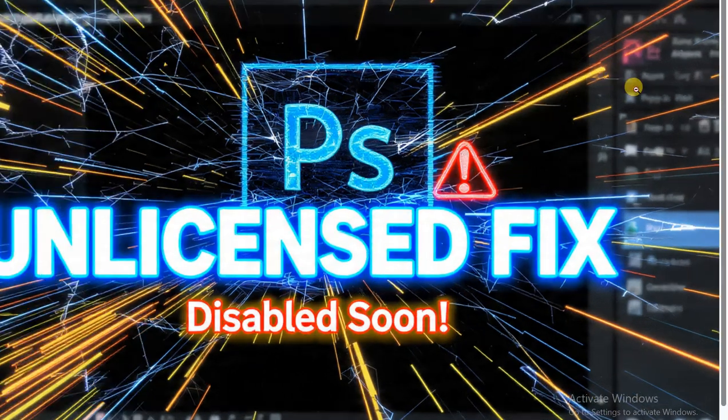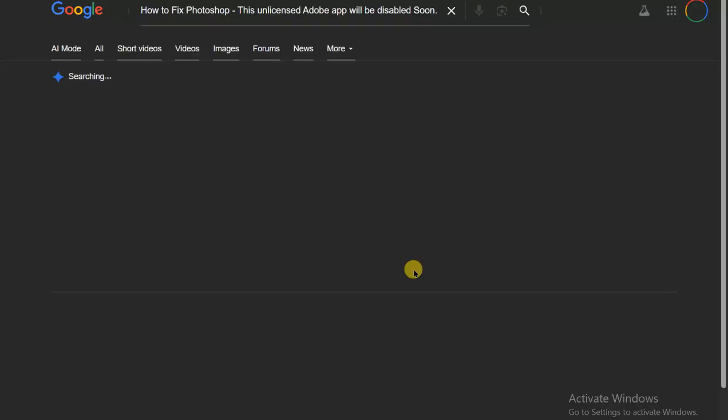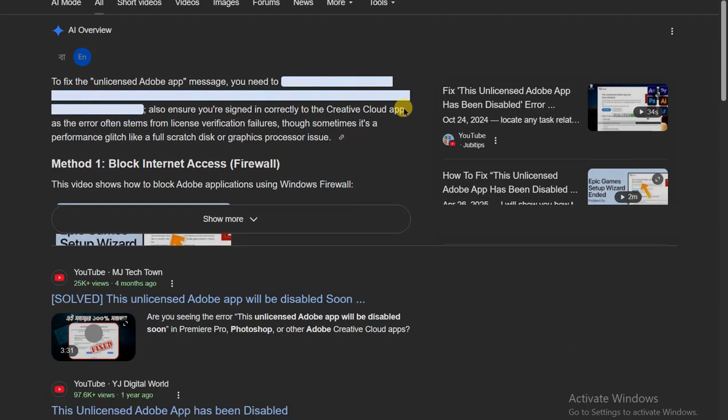Video to fix Photoshop showing this unlicensed Adobe app will be disabled soon, and if your work is at risk, this video will solve it. Are you facing the problem where Photoshop keeps warning that it's unlicensed and threatens to disable, even though you already